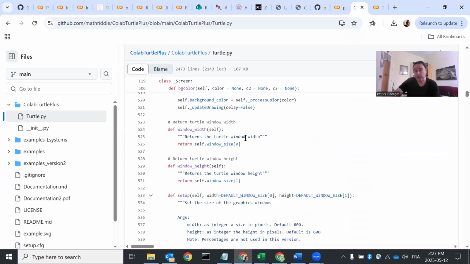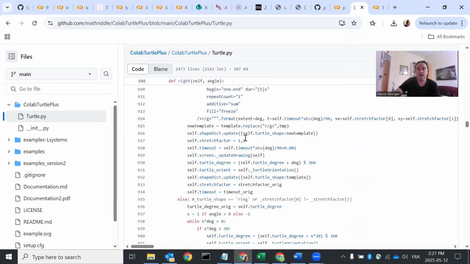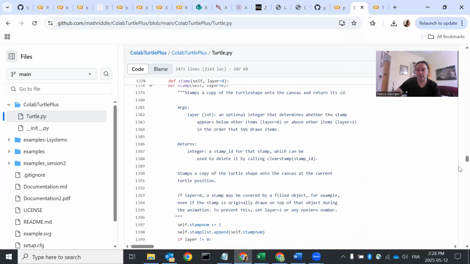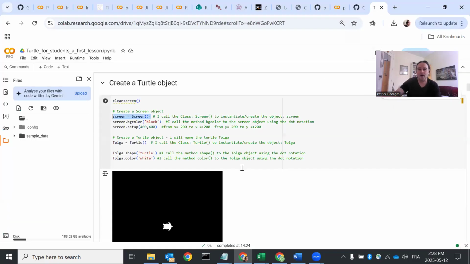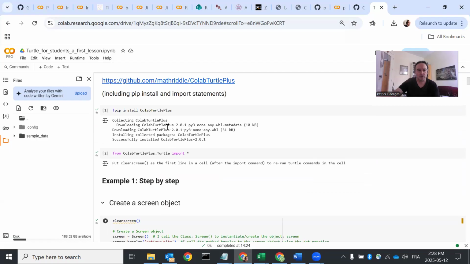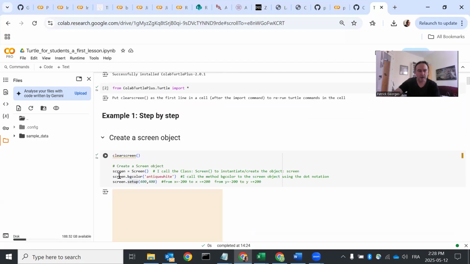There are many, many code lines in this program per se, and I'm not going to go through all of this. It's just to show people who think it's a black box that, yes, it is a black box, but there are code lines that explain what is done. For the rest of us, all we are interested in here is to create a screen object using those lines,